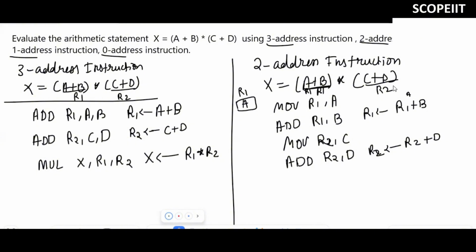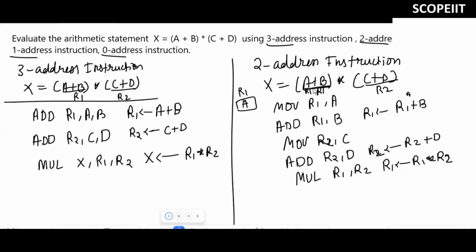Now after that, what do we want to perform? Multiplication of R1 and R2. But here we cannot store directly in X because it's 2 address instruction, right? So I'll write mul R1 comma R2. Here R1 is equal to R1 multiplied by R2, so the multiplication is stored in R1.